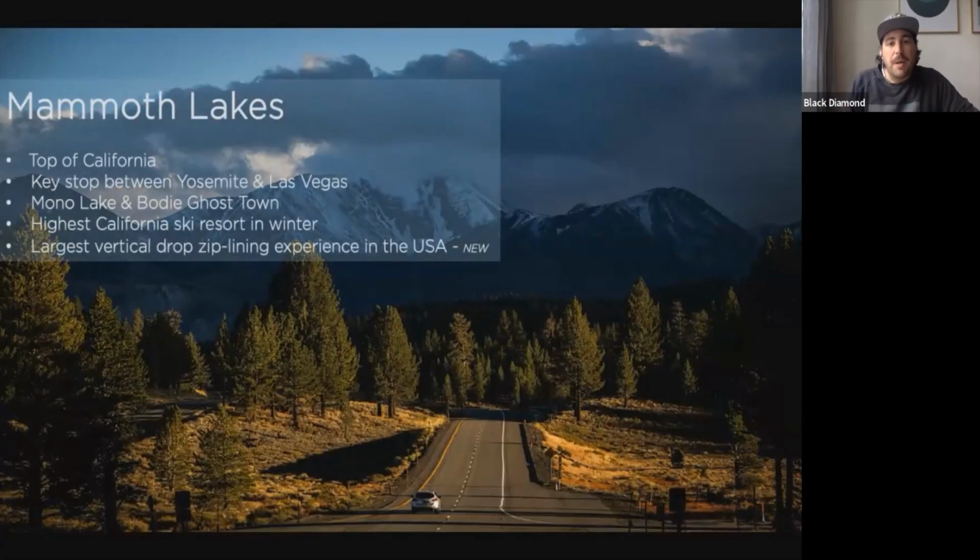So if we're coming from Vegas, I tend to say this is the thing that happens. Come out of Vegas, you come through Death Valley. You can stay in Death Valley, but there's very, very limited accommodation. There are only two or three major hotels and a couple of campsites. It's very hot in the summer.